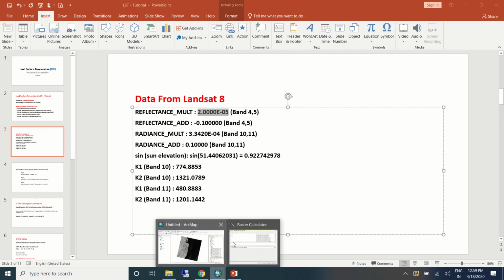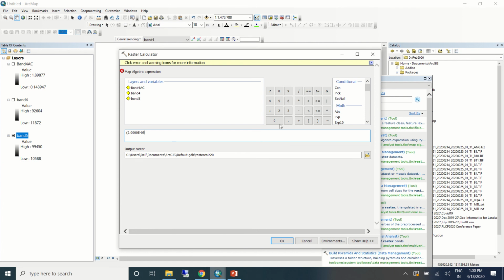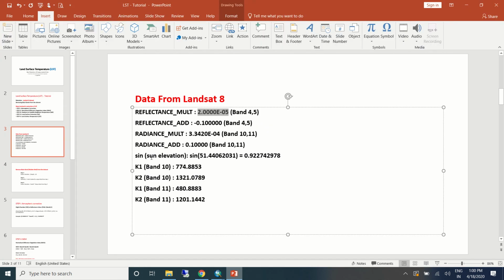Copy this, paste it here, multiplied by the band specific value, close bracket, minus 0.1, that is the additive value, close bracket, divided by sine of sun elevation, this is the value.